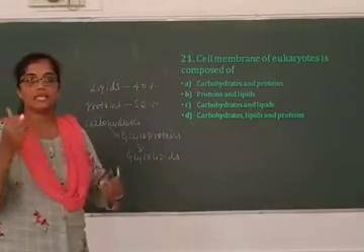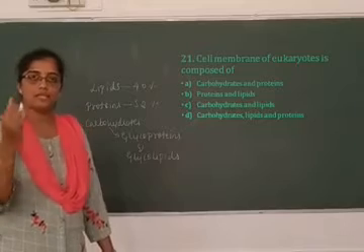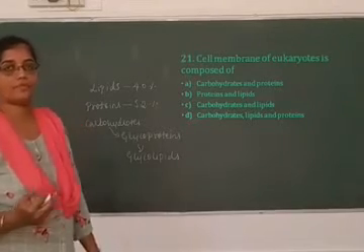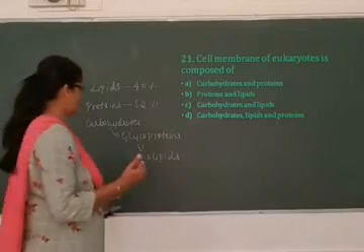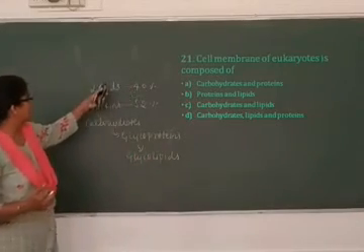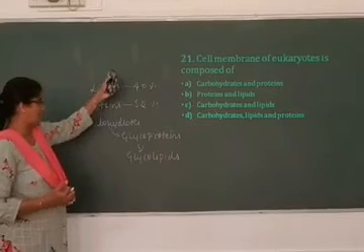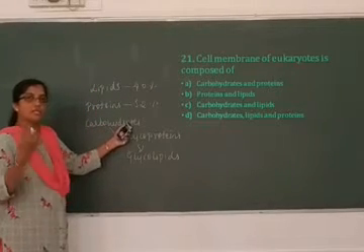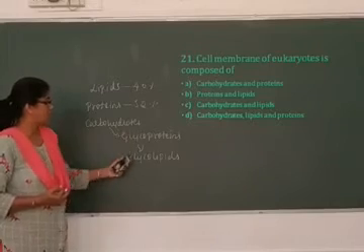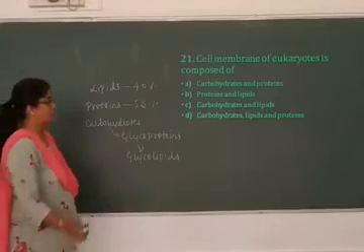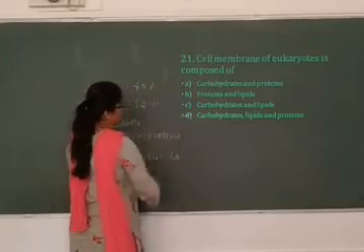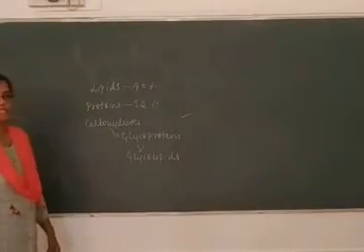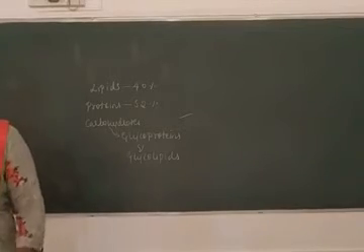These help in the adhesion of the cell and recognition of the cell. They also act as antigens, right? Glycoproteins and glycolipids I am talking about. So what are they basically composed of? The cell membrane is composed of lipids, proteins and carbohydrates. Carbohydrates are present in the form of glycoproteins and glycolipids. So which is the option? The option D is the right answer. They are composed of carbohydrates, lipids and proteins.